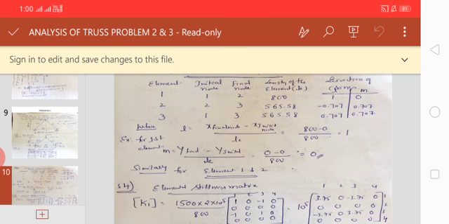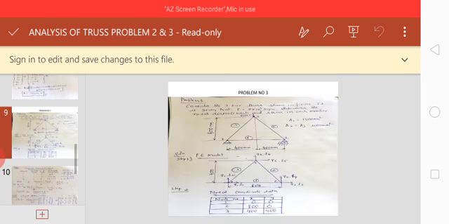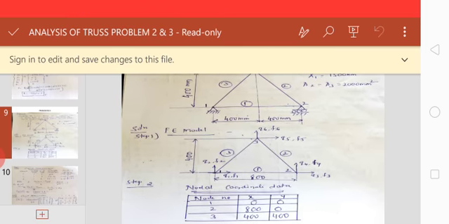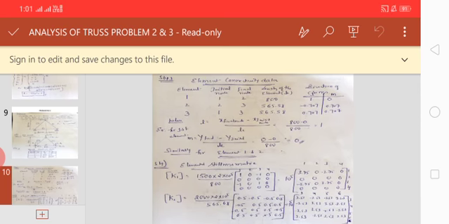Similarly, for the first element, what is the value of M? That is with respect to y: y final minus y initial divided by effective length. The effective length is common, since I am doing L and M for the same element. Again I have taken node 2 as final and node 1 as initial. Now look at the nodal coordinate data table. Whenever you are looking at M, don't look at the x column, just look at the y column. For nodes 1 and 2, y is 0 for both. 0 divided by anything is 0. That's what I have written here, 0.